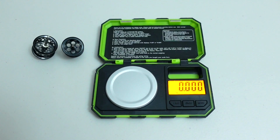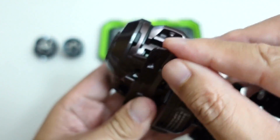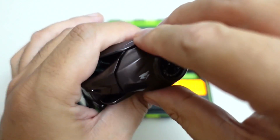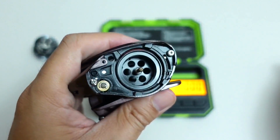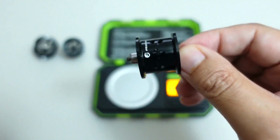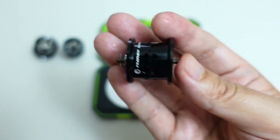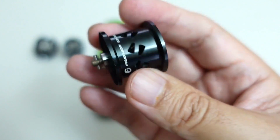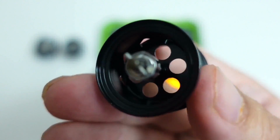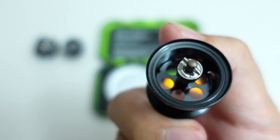Okay, so of course the special spool scale's out, and to get to the spool on this Valiant Eagle, you just pop that down. Side plate comes straight out, no twisting. And wow, it's much easier to pull the spool out on this Valiant Eagle than it is that Kestrel, but it feels super light. As you can see, it's the short spool shaft. Looks like the bearing's got plenty of grease on it,